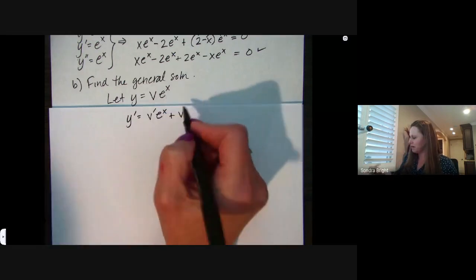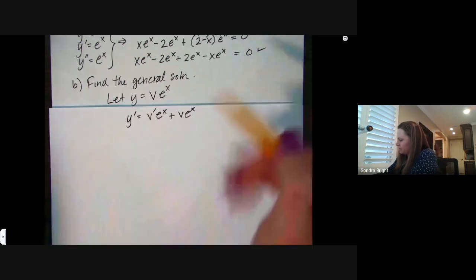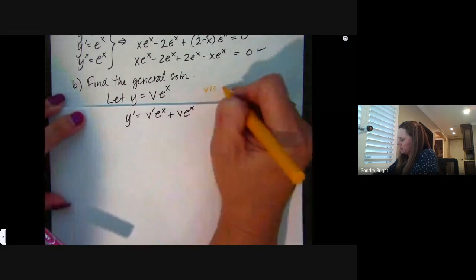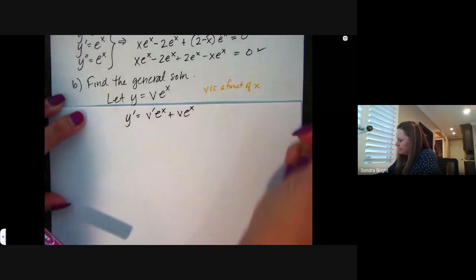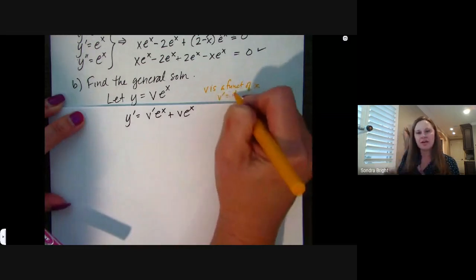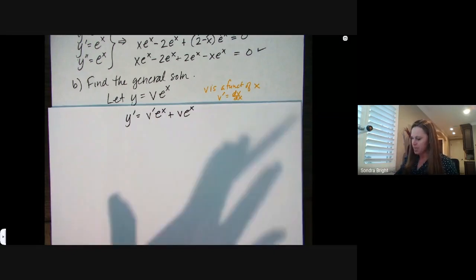So just keep in mind, I should probably write that. V is a function of x. So v prime truly means dv dx. You're taking the derivative of v, but with respect to x. So hopefully that makes sense of why it's definitely product rule there, because you've got two different functions of x here. All right, then